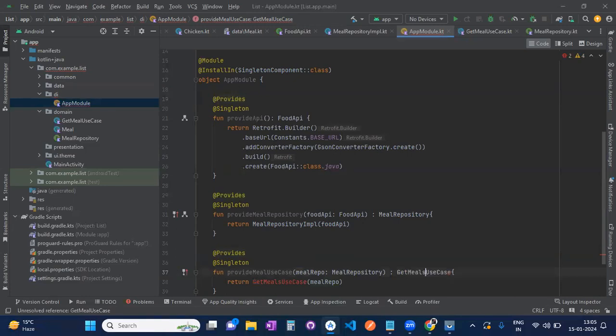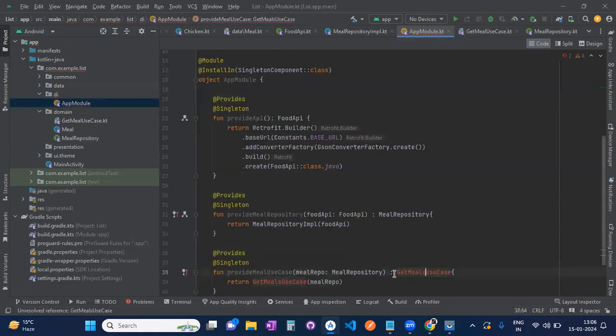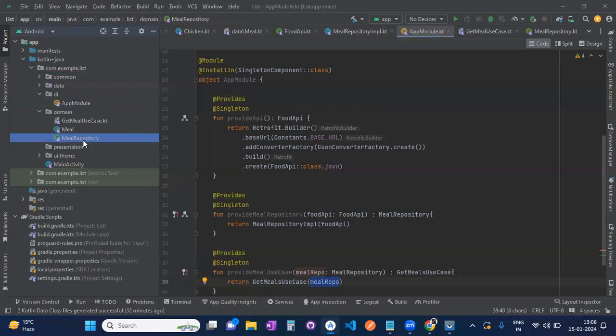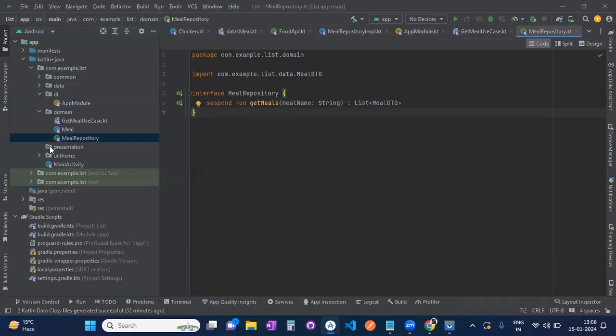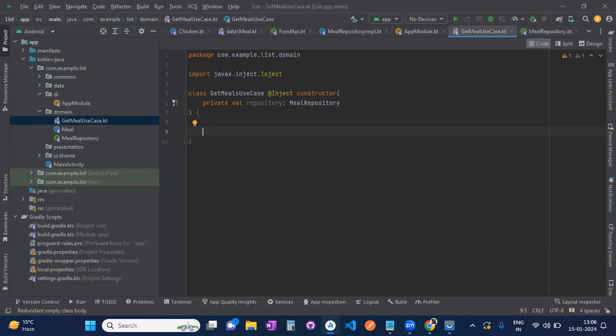Okay, it will be the get meals use case. Here I pass this repository. I provided this repository here, and I injected that repository in the constructor. It would return me a flow of meals, like a list of meals,